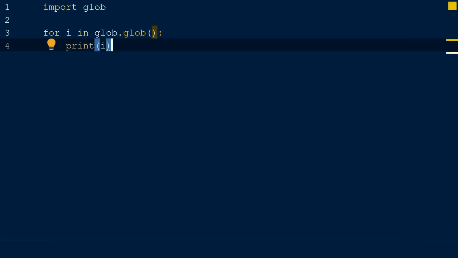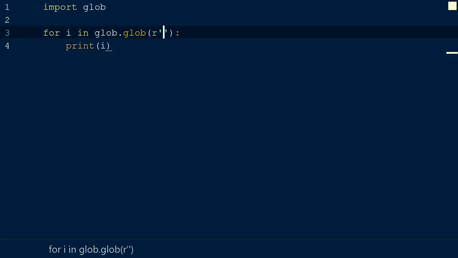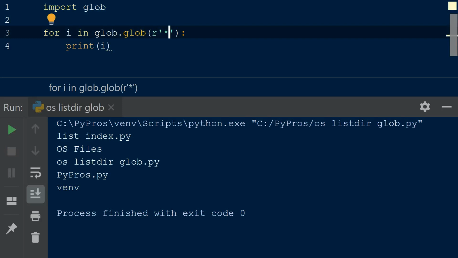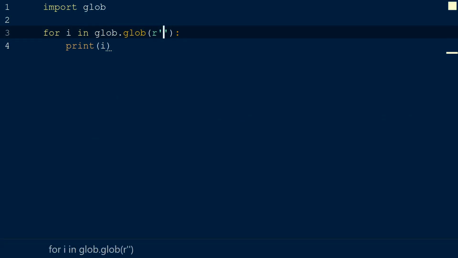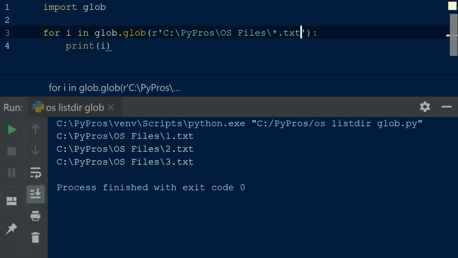To list all the files in the current directory, we can simply put in an asterisk. The asterisk is called a wildcard in pattern matching, which means match any character. We will get into more details in our regex videos. So by putting in the wildcard, it returns all of the listed files. If we only wanted to find text files in our directory, we could follow the asterisk with the .txt extension. Now, only the text files will be printed.